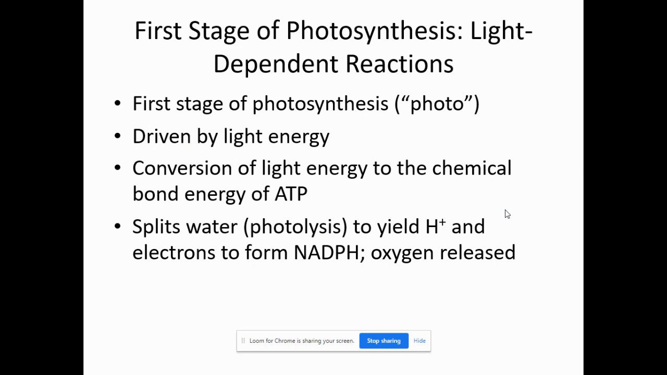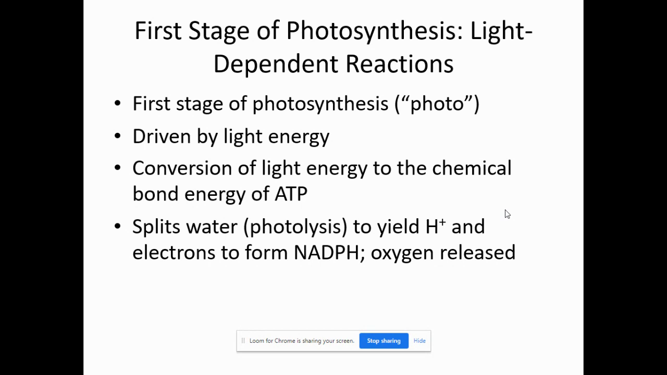All right, so photosynthesis can be broken down into two basic processes. And the first stage of photosynthesis is called the light-dependent reactions. It's the first stage of photosynthesis, is that photo part, because it's driven by light energy. Okay, so chemoautotrophs don't undergo photosynthesis because they're not getting energy from the sun. Only photoautotrophs will undergo photosynthesis. Okay, and so they're going to use energy from the sun to drive this first series of reactions, the light-dependent